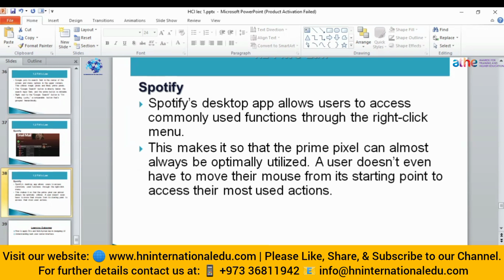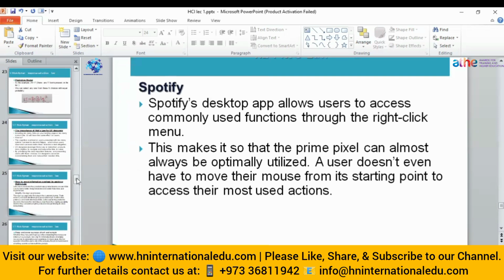So that was all about today's lecture. We have seen different HCI components, what HCI is, and two important laws, Hick's and Hyman's law. Then we saw some real-life practical examples of how different applications follow these principles for engaging the user and for providing a better user experience so that they can use their interface easily.